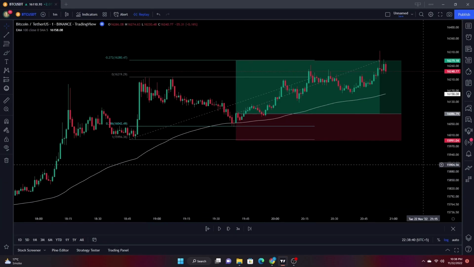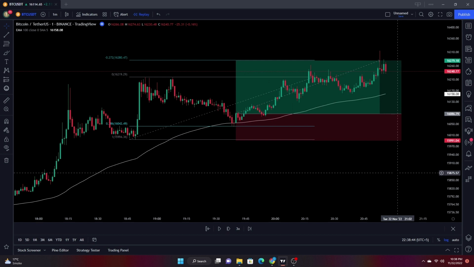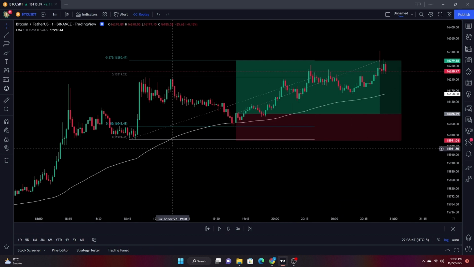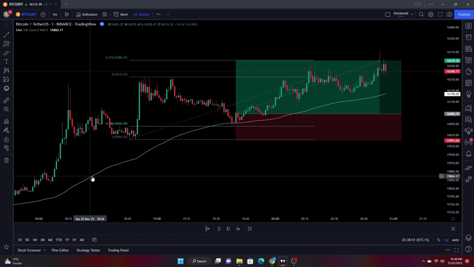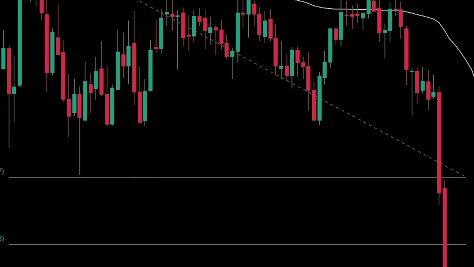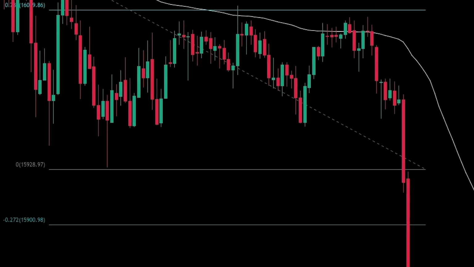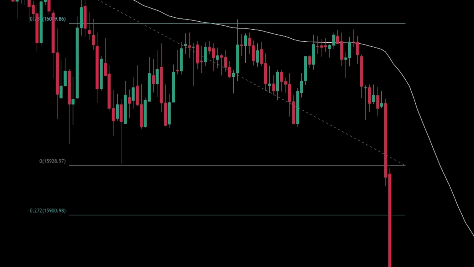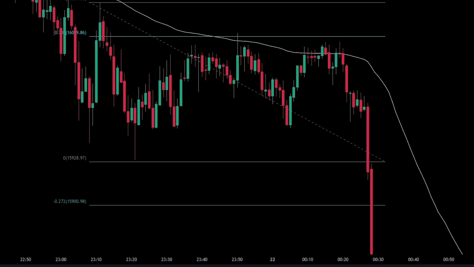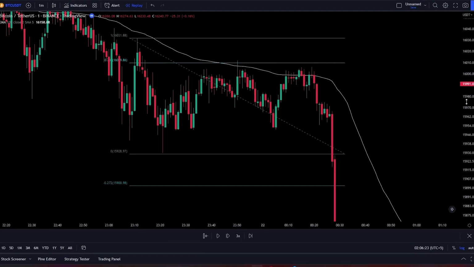Now if we look at the long position we just opened, you can see that this would indeed have been a long position because the price generally moved above the 100 EMA. So when the price moves above the 100 EMA, you only open long positions. In contrast, if the price moves below the 100 EMA, you open only short positions. This way you can easily distinguish the falling market from the rising market and vice versa. I hope you will backtest this strategy because this is seriously a very good strategy that I have been implementing myself for